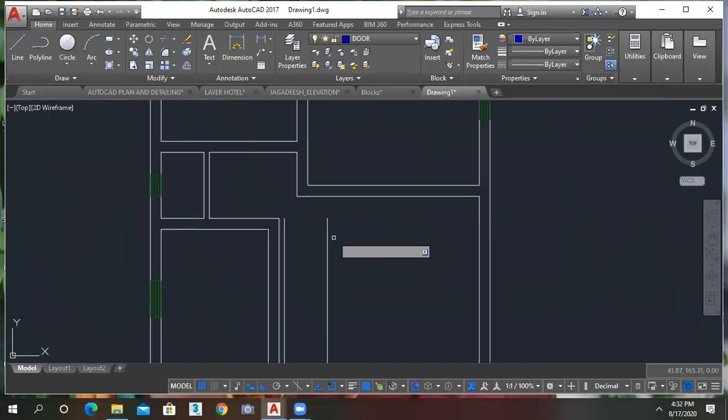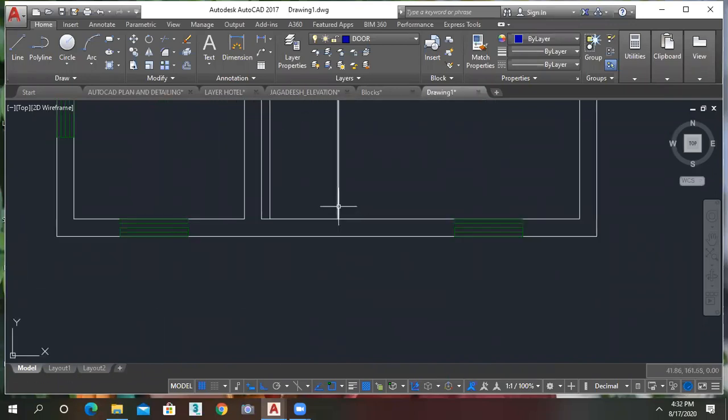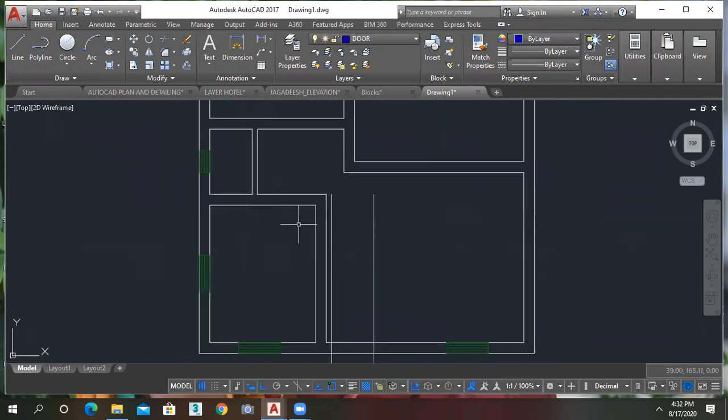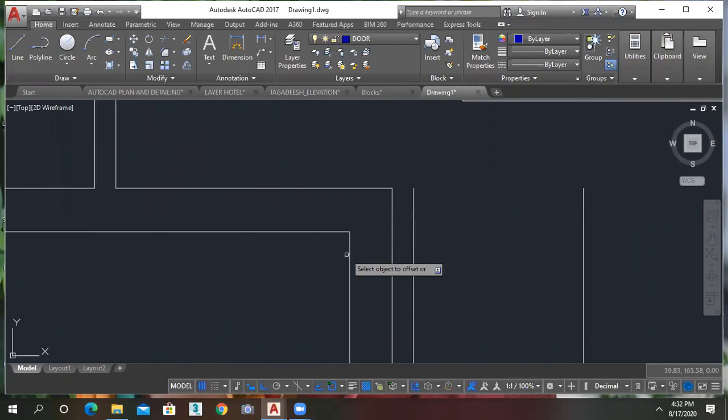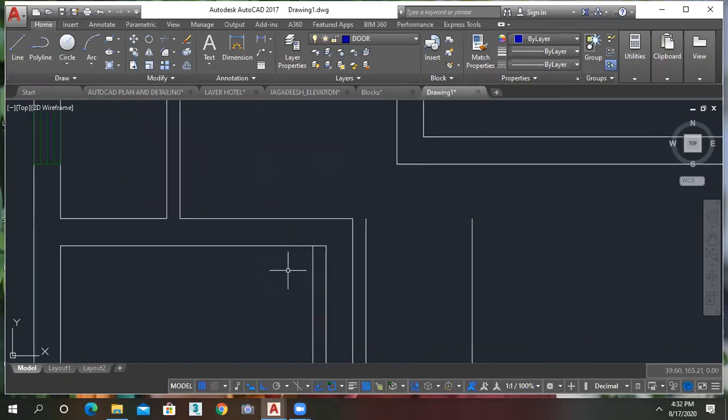Like this. Just extend it like this. And from here I just want to open. Offset, same, for the offset purpose 0.15, and what is the width here? 1 meter, because it is a sub room.